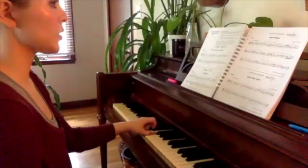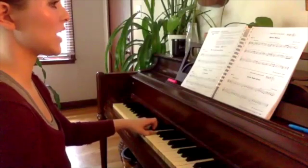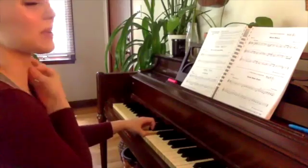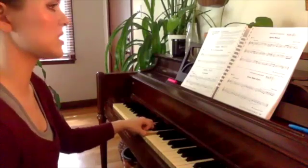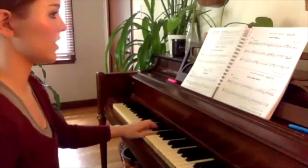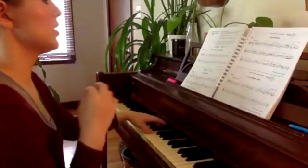So let's go through and we're just going to say the chords as we go through. Since it's just alternating between 1 and 5/7, the B flat and F7, I don't think it really matters if you say the pop chords or the Roman numerals. So for our purposes, I'm just going to say the Roman numerals for now. Then when we transpose, I will say the chord names for that. Let's go ahead and give it a try. 1, 2, ready, go. 1,